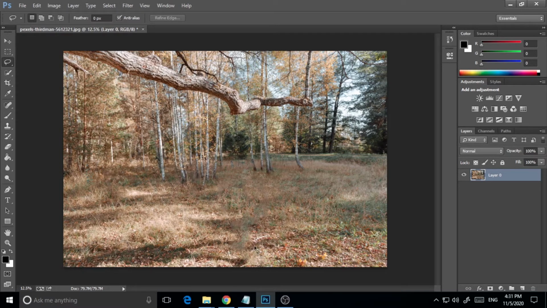We have a solution for that also. To do that, you have to go to the clone stamp tool. As you can see at the left side, the clone stamp tool, just click on that. I'm increasing the brush size by pressing the bracket key on my keyboard, making it a little bit bigger, and I will press the alt key and select